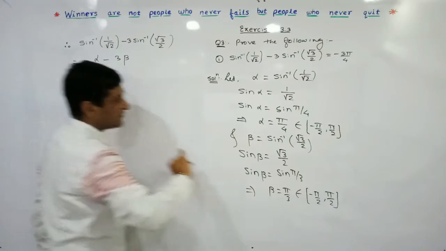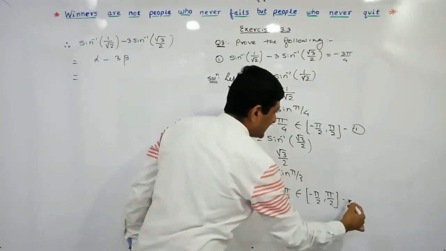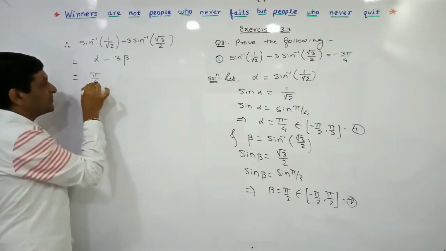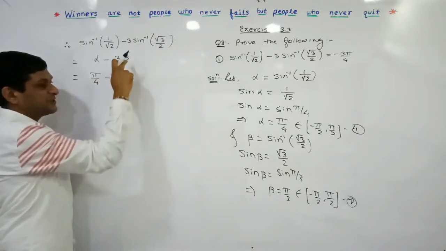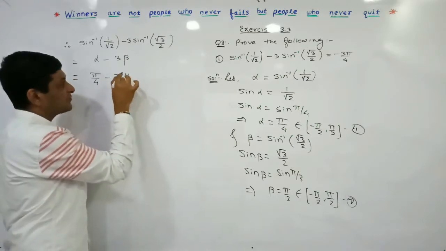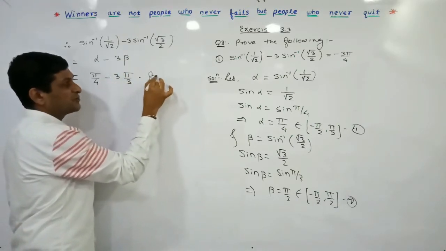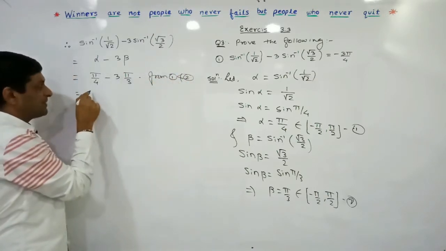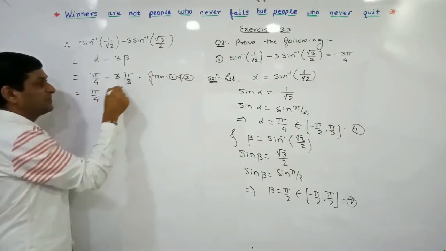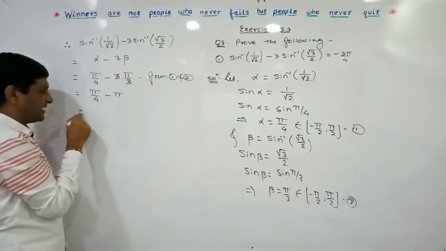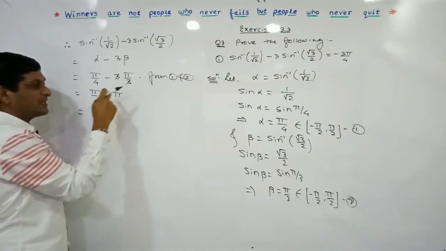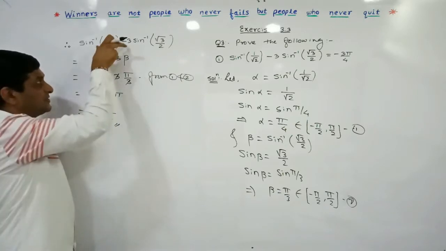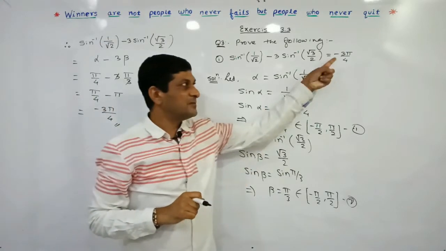So what is the value of alpha? Let us denote it by equation number first and this by equation number second. The value of alpha is pi by 4 from equation first. Keep 3 as it is. Beta is equal to pi by 3 from equation second. So these values we are substituting from equations first and second. The remaining part is simplification. Pi by 4, keep it as it is here. 3 will get cancelled, means the remaining term is minus pi. Let us take the cross multiplication. Pi minus 4 pi will be minus 3 pi upon 4. So in this way, by considering the left hand side, we have shown that its value is equal to the right hand side.